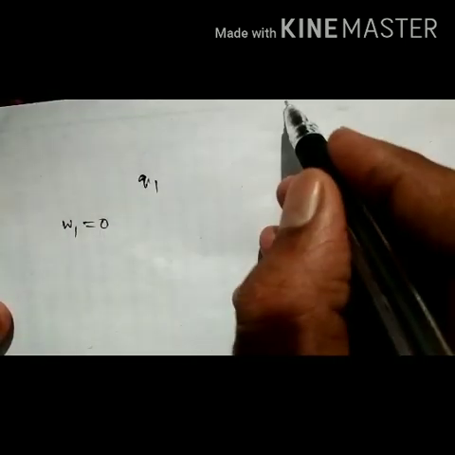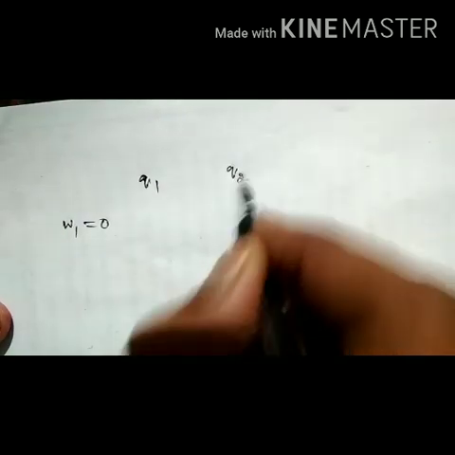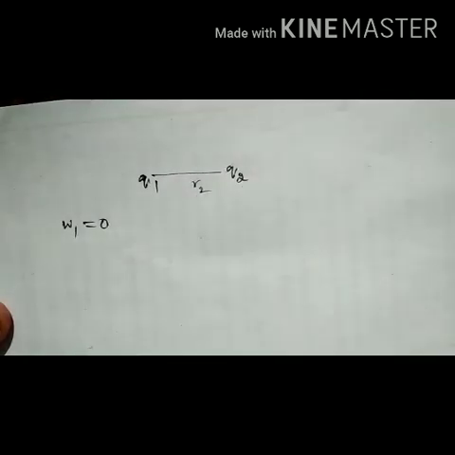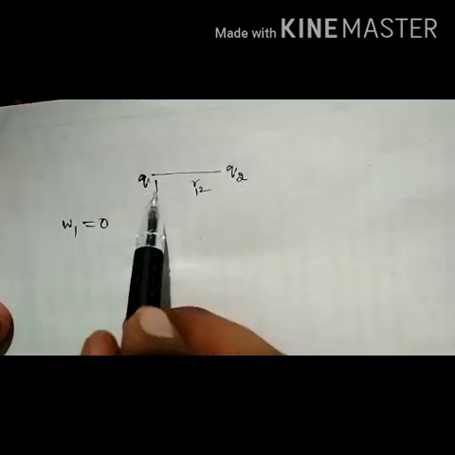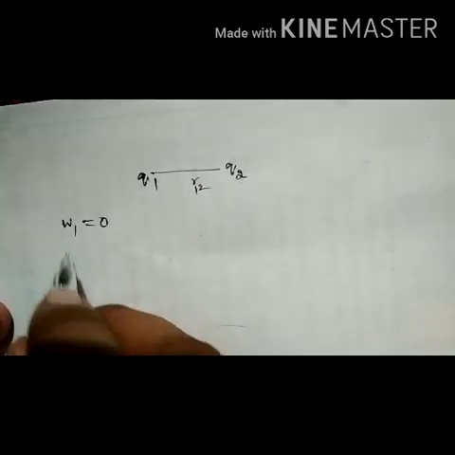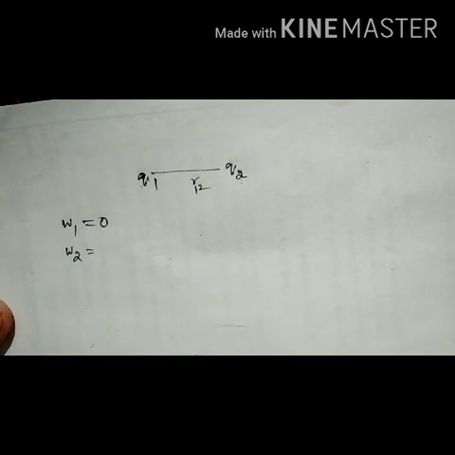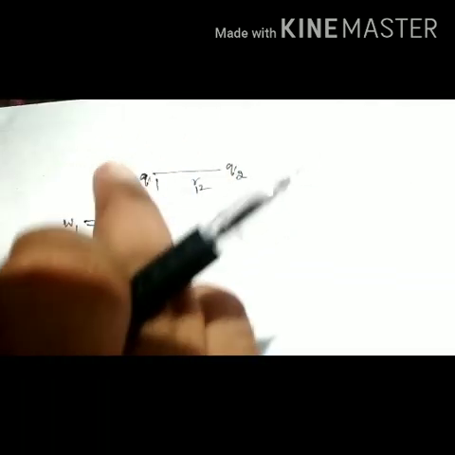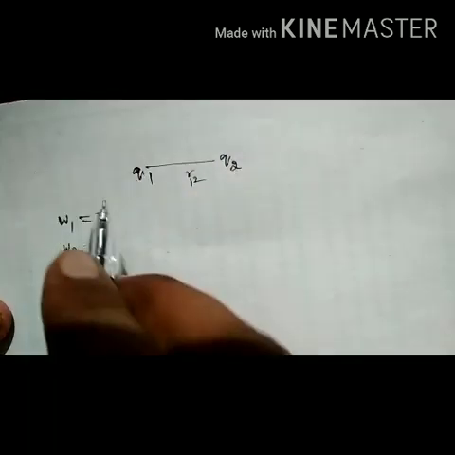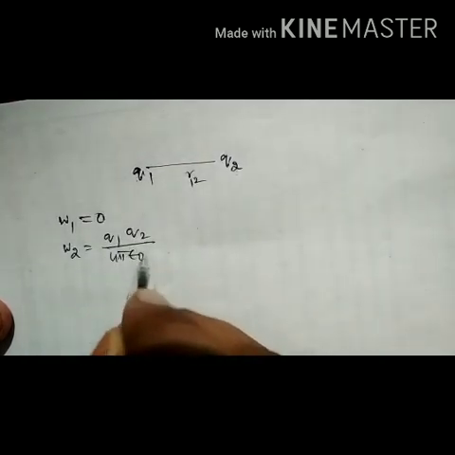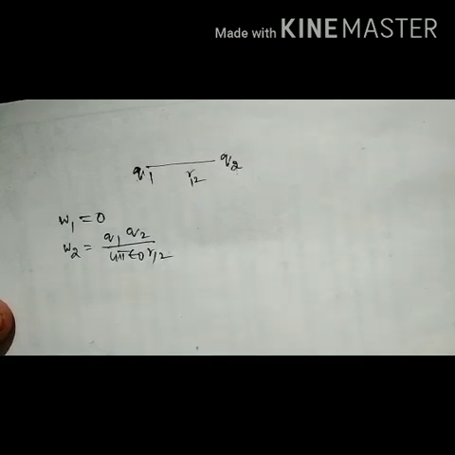Now I will bring one more charge into the electric field of this one, so I can write it as q2, which is placed at a distance of r12. So what is the work done in bringing this charge? These two charges will experience some force, because this will create an electric field. So the work done W2 is equal to force into displacement, or we can also write it as the potential energy of the system. This work done is stored as the potential energy of the system. So that work done is q1 q2 by 4 pi epsilon naught r12.